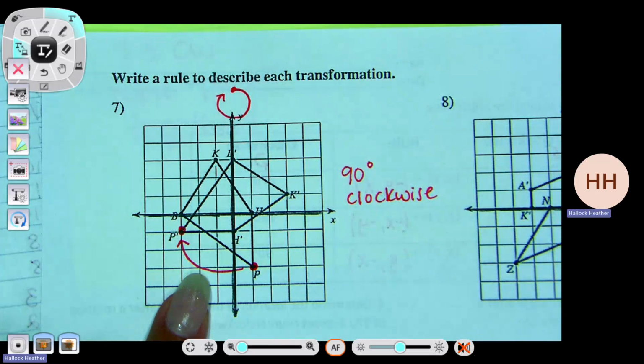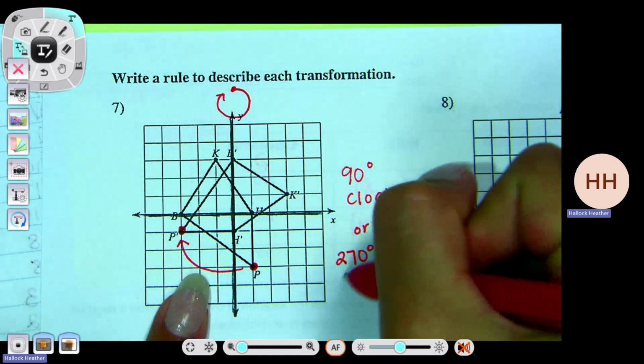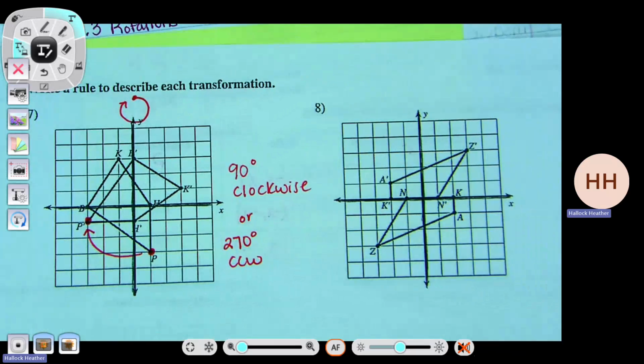Or 270 counter. That is also correct. So you could say or 270 counter. You don't have to say both, but technically both of those are correct. So try number 8, and then we'll do the